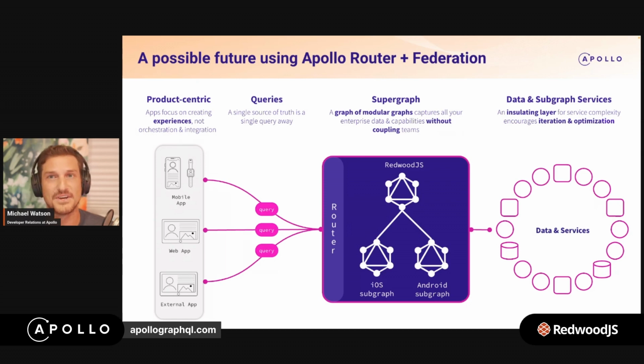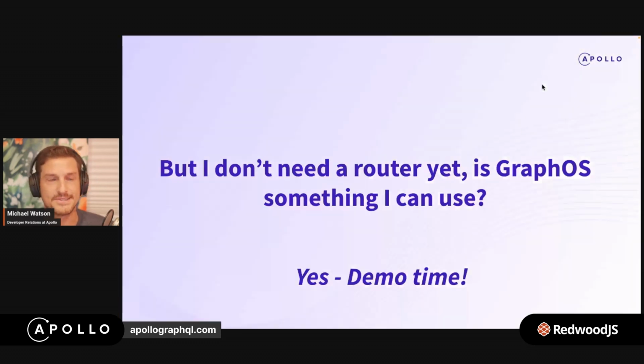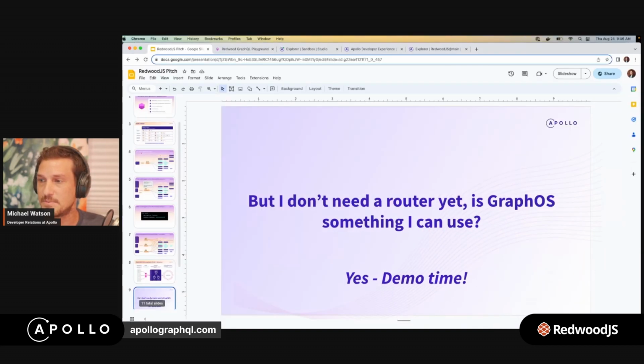That's like the one source of truth. And then they can build maybe a little GraphQL API that has some flavors of representations that they want that's coming from that RedwoodJS app. But let's be honest about this. You probably don't need the router today. And you probably ask, is GraphOS something I can even use? Yes, it is. And there are some specific features that I want to cover that I think would be really helpful